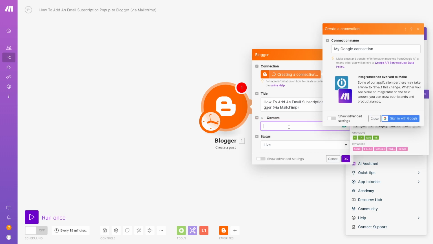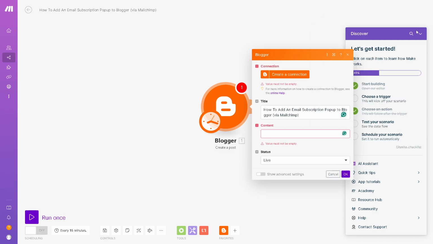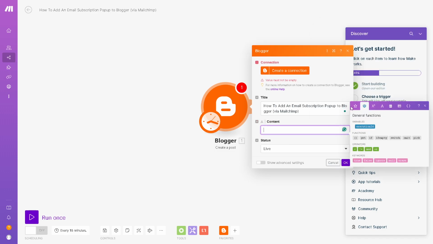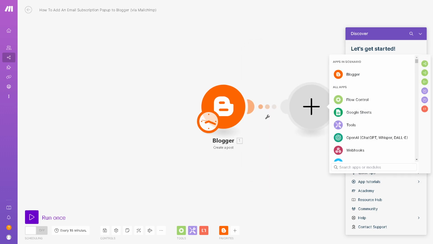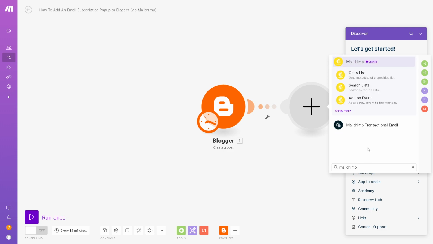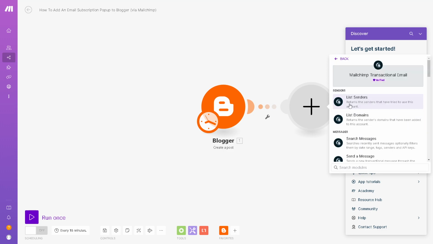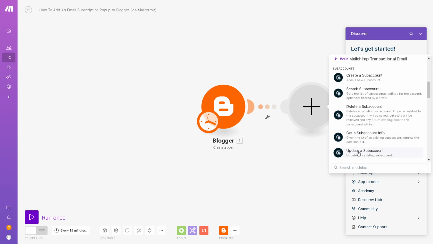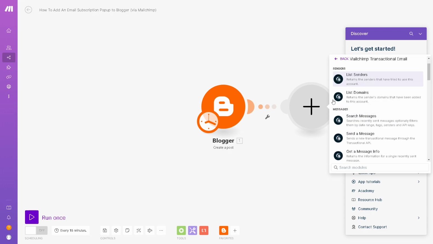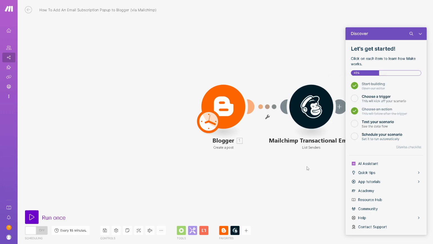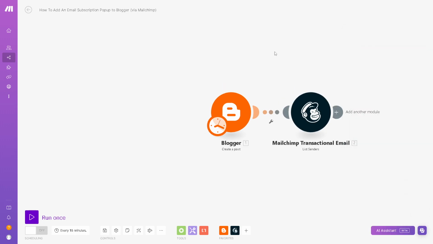Now for the content, obviously we need to look for the and then from here, obviously we need to add another app here, which is going to be our Mailchimp, right? Click on that, and that's going to be for our pop-up. As you can see right here,